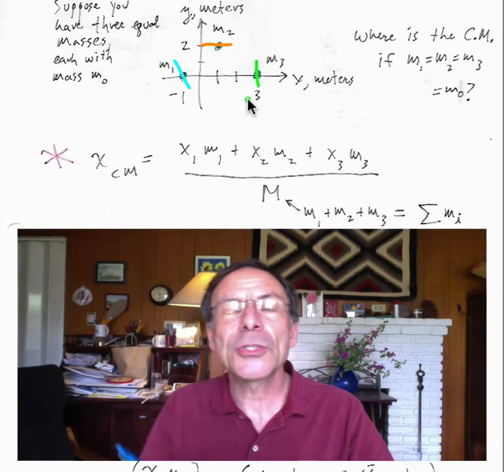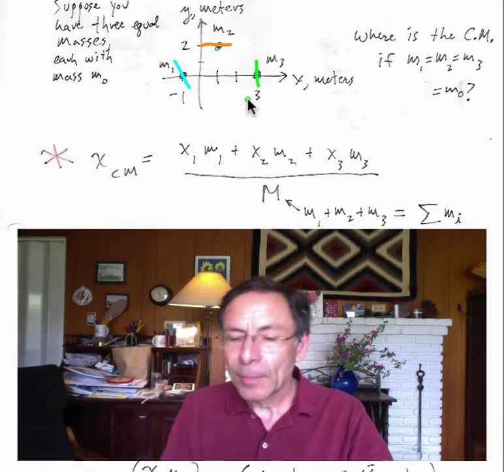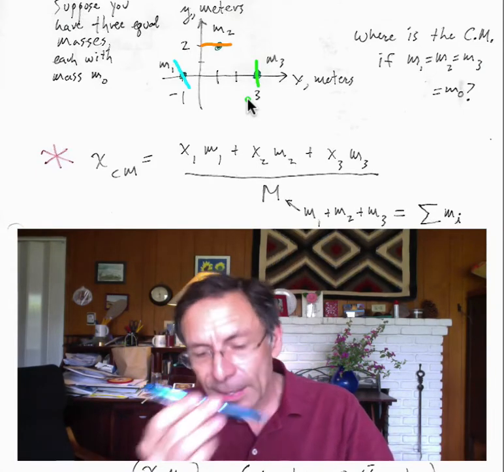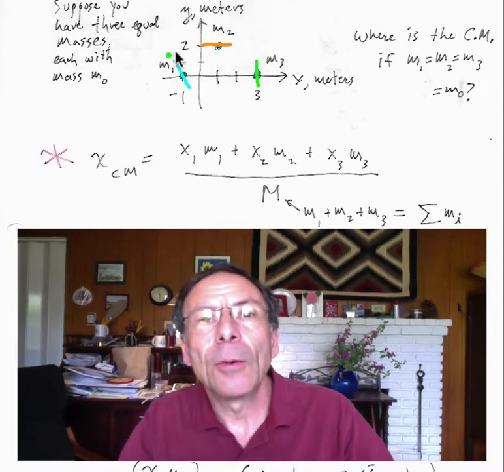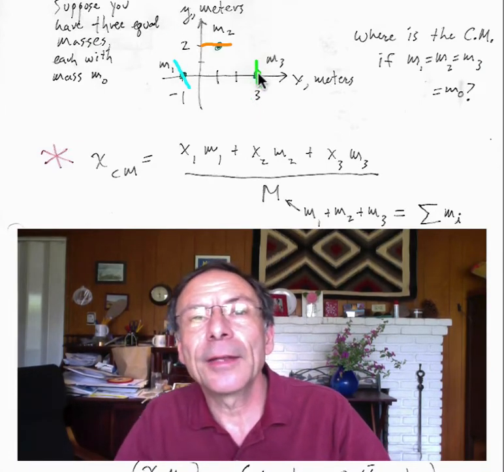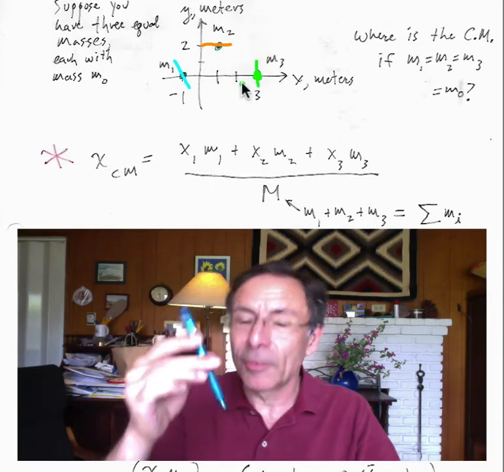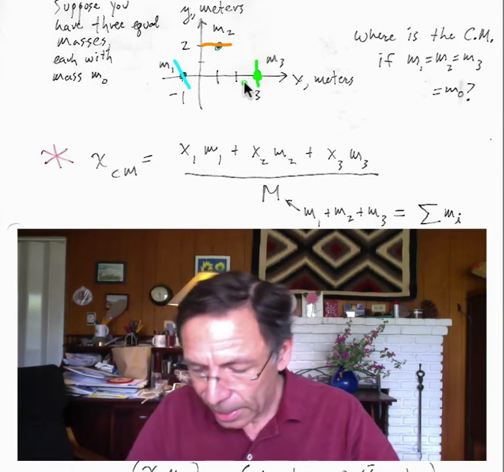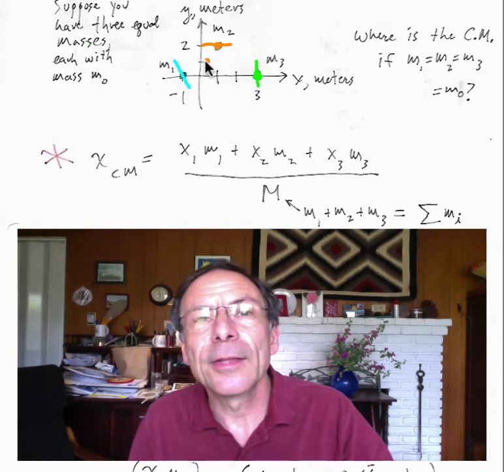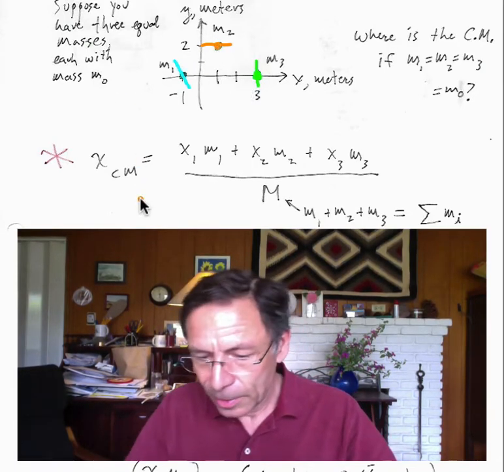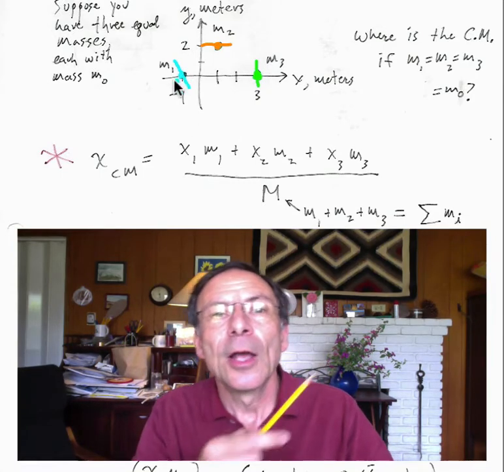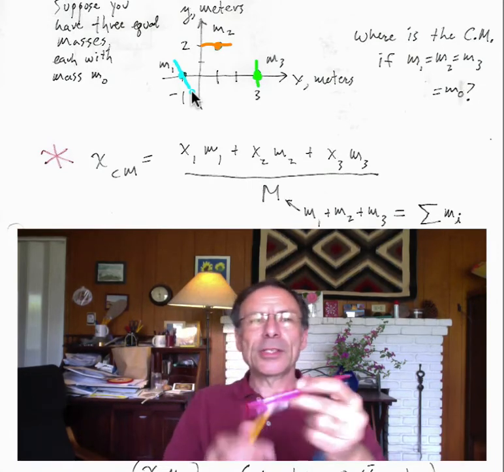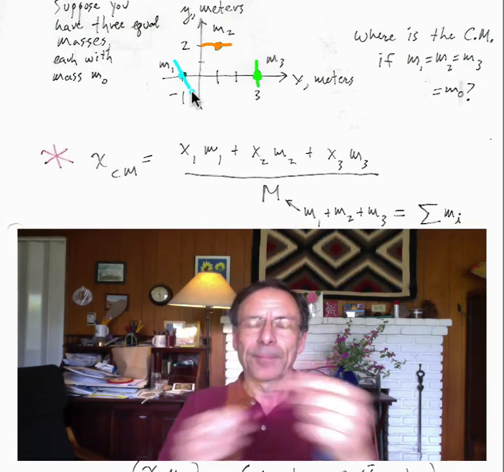And I ask the question, where is the center of mass? Well, each one of these things has a center of mass of its own. So the center of mass of the green pen is probably close to the middle of this green pen, unless one end is much heavier than the other. The center of mass of the red one is probably right there, and the center of mass of the pencil was probably right there. So if I want to ask the question, where is the center of mass of a system with these three objects,